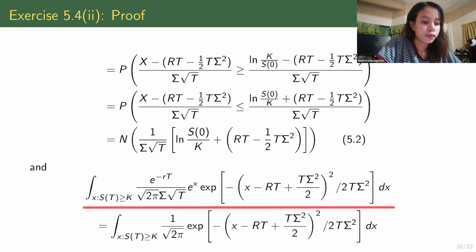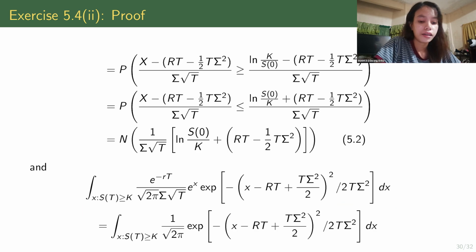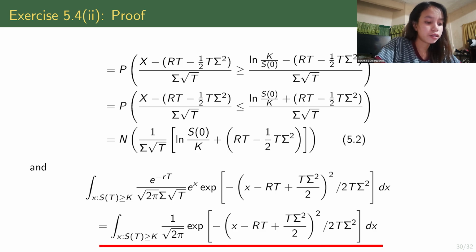And the integral of x over the region S(t) ≥ K of e^(-rt) over √(2π t) σ, times e^x times the exponential of -(x - (rt + tσ²/2))² over 2tσ², dx. Then the integral of x over the region S(t) ≥ K of 1 over √(2π) times the exponential of -(x - rt - tσ²/2)² over 2tσ², dx,